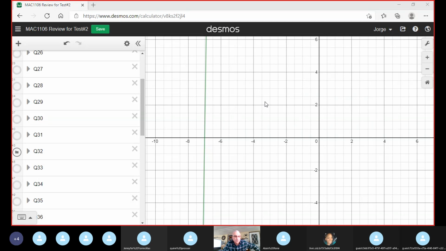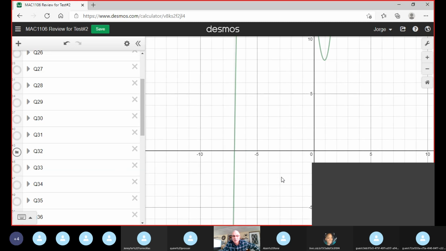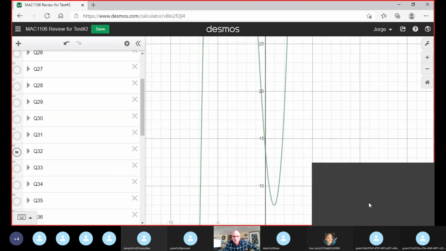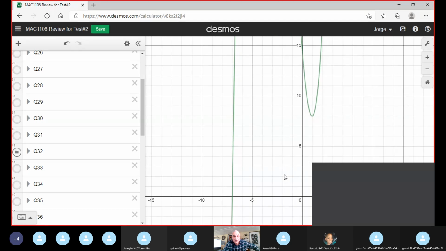Do you see? This is the graph 32. It's very, very weird. Look at that. This is a polynomial. Wow. But we have only one zero. Okay, by the way,